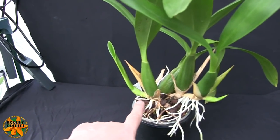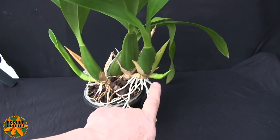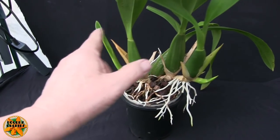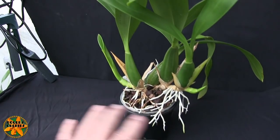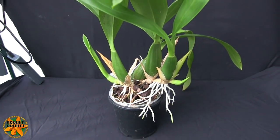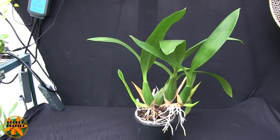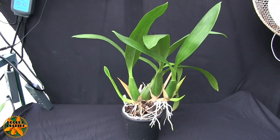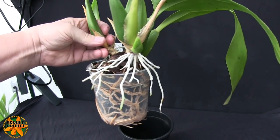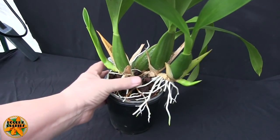And as such, with these roots getting down into the media, these roots almost become irrelevant, simply because there's strength in the whole unit, especially with some additional roots coming on. So I'm going to leave it in the pot. I'm going to take that chance because it's in large bark. There's no moss in the pot or anything. I mean, it's got a good root system in there, so it can stay in there for another pair of